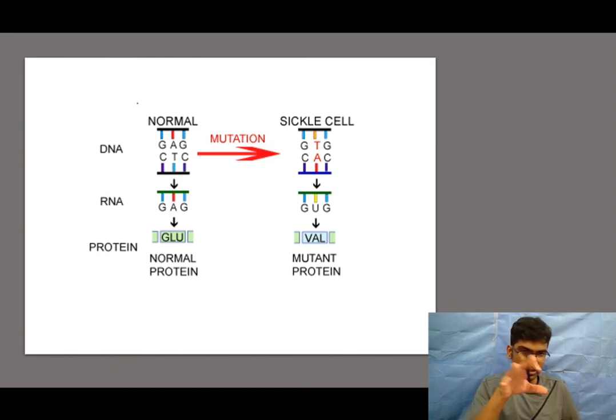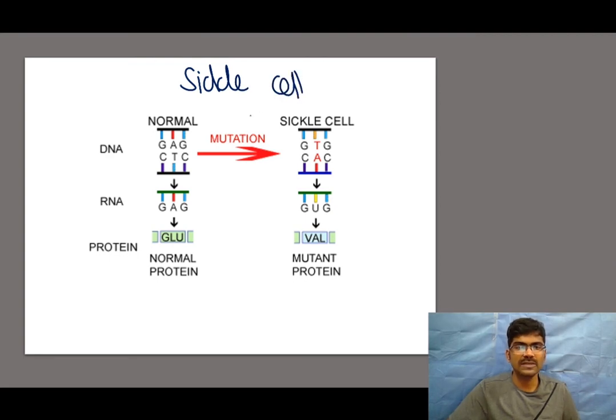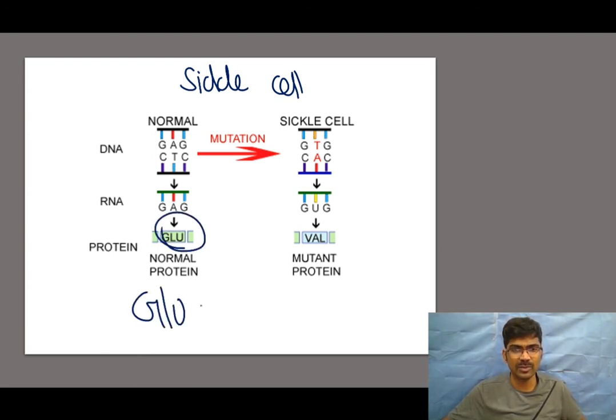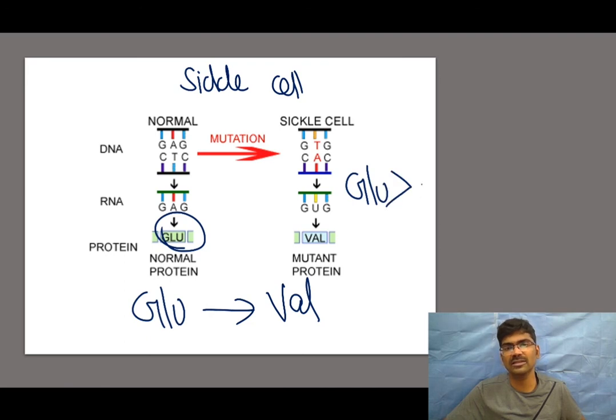What is depicted here is the mutation in sickle cell disease. In the beta chain of hemoglobin, in the 6th position, see blue, that is glutamic acid. So people write like this: glutamic acid is replaced by valine. So sometimes they write like this only. Blue is now turned into, so this is not a greater than symbol, this denotes that it's turned into valine, right?